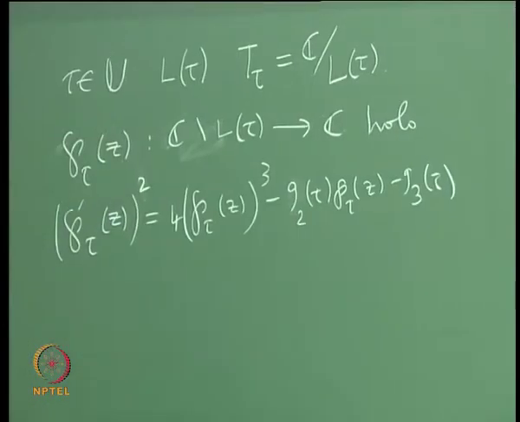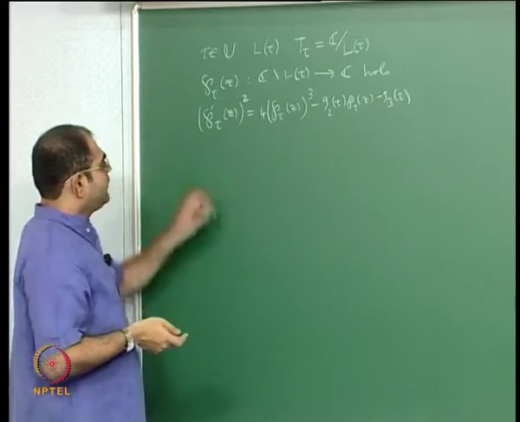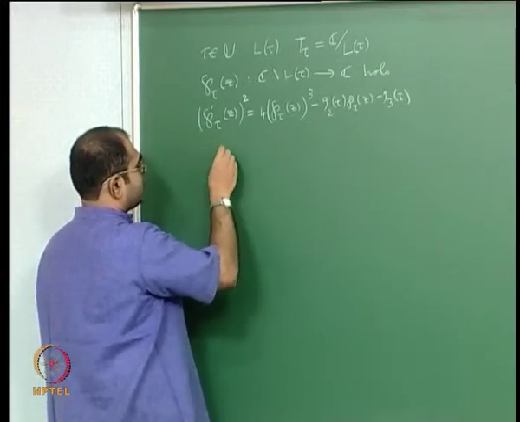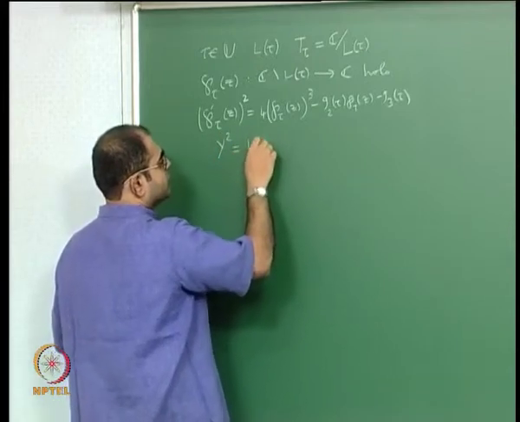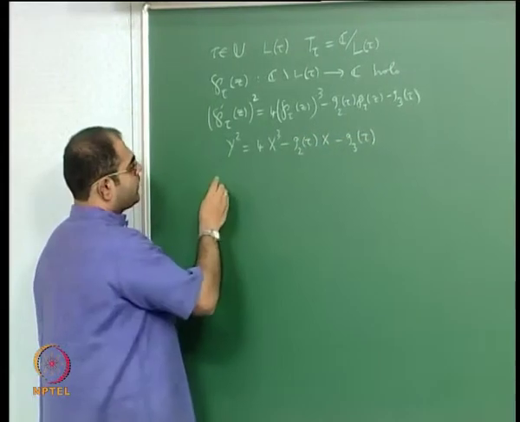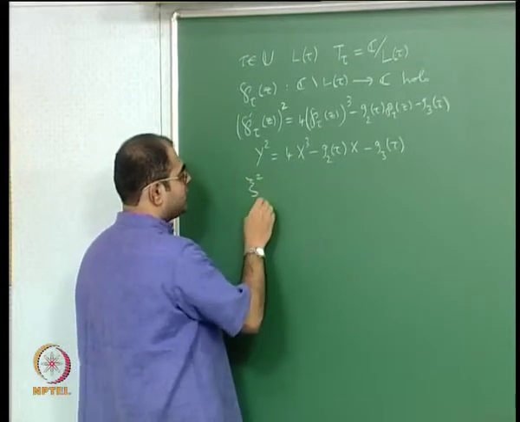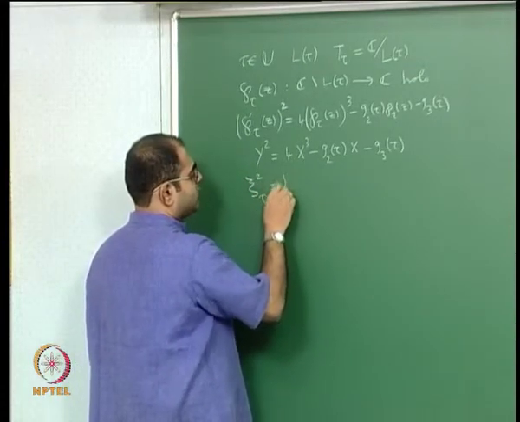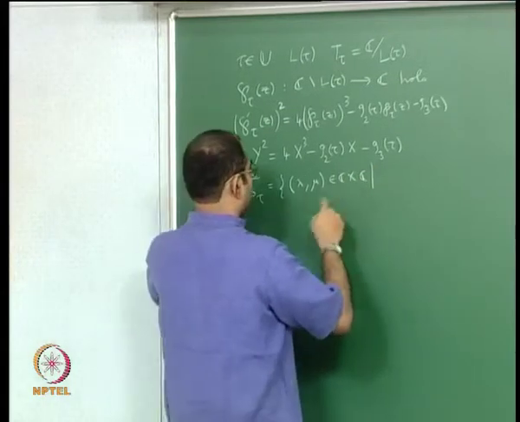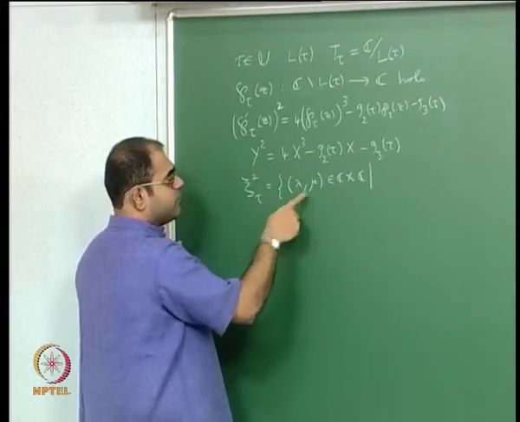fact what we noticed in the last lecture was that you can look at this as a polynomial in 2 variables. So you look at the polynomial y squared is equal to 4 x cubed minus g2 tau x minus g3 tau, and then you look at the locus of zeros of this polynomial in C2. So we look at this locus Z2 sub tau, the set of all (lambda, mu) in C cross C, such that lambda and mu satisfy this polynomial equation, when I plug in lambda for x and mu for y. So